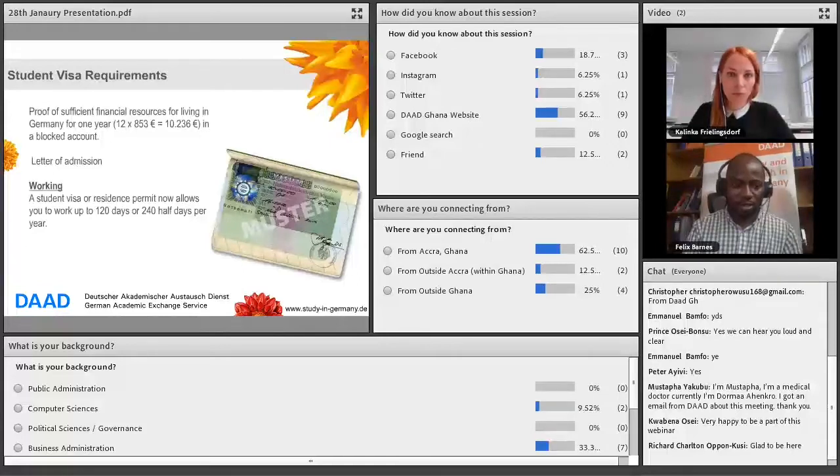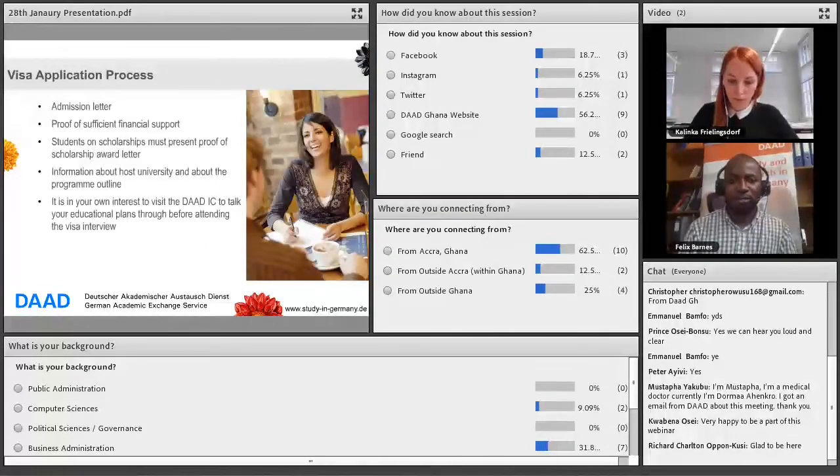If you have a scholarship, you should also show that they are supporting you with at least 861 euros per month. This is the main requirement if you are applying for your student visa. And we are always happy to see you before you finally go to the embassy for your student visa. You can visit us in one of our consultation hours, where we discuss with you your educational prospects, your visa processes, and so on.